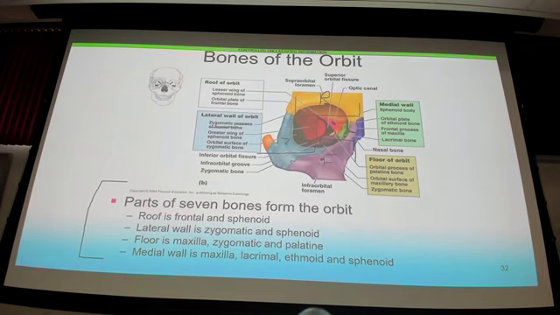Guarantee it'll come back up, especially in ER. Looking at orbital fractures, entrapment of eye muscles,